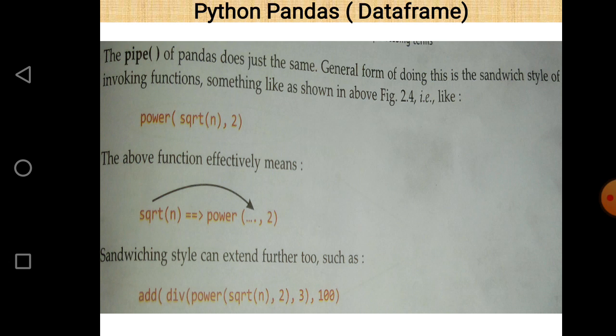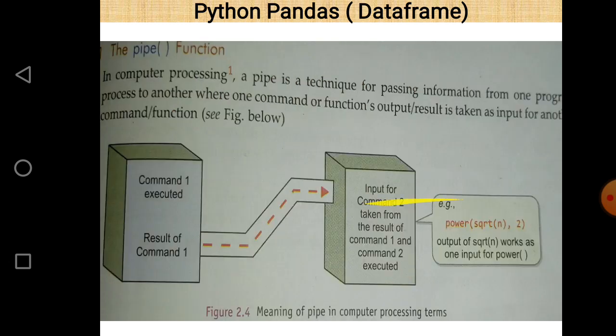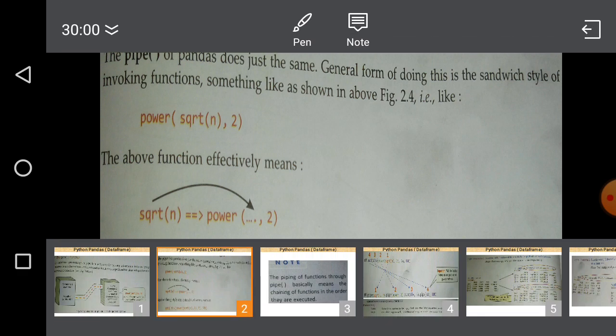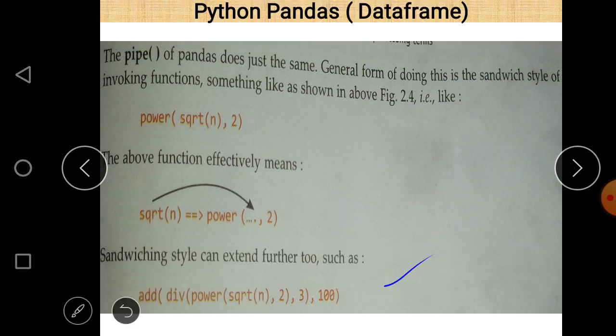Let us check another example, in which four functions are applied. The first one executed is sqrt. Why is it executed first? Because we know the rule of BODMAS, in which the inner bracket is solved first.